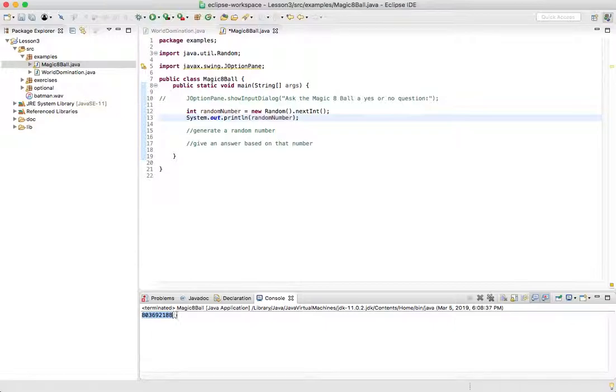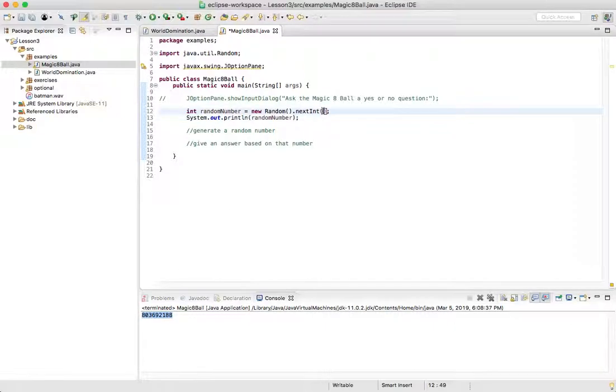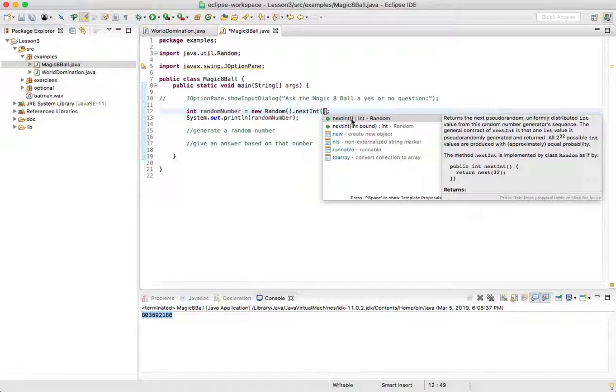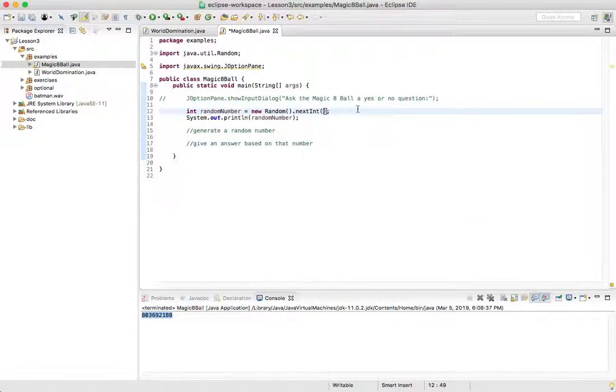This number is a little unwieldy. So what I can do is, you can put a number in here. See, this is telling me there's two options. First option is you don't put anything in the parentheses, and the second option is you put an int in the parentheses. We're going to be starting to do this with these things called methods later today. So let's see, I put 10 in there, and it's probably going to give me a bunch of numbers all the way up to